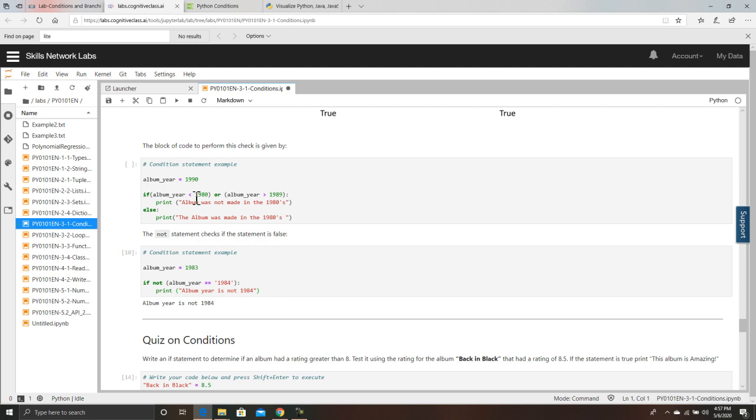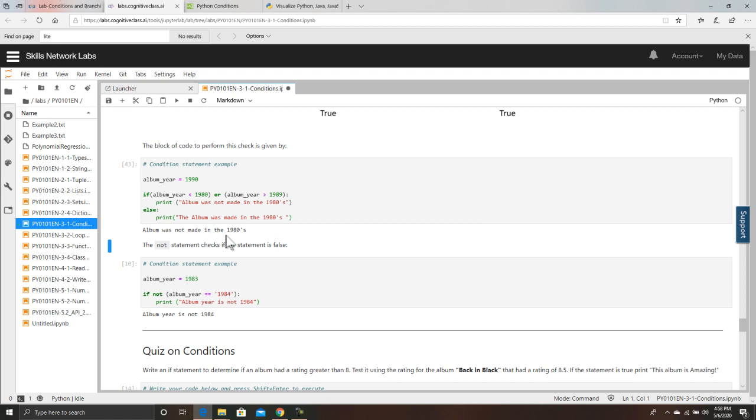If album year is less than 1980 or album year is greater than 1989, so this is greater than 1989 and we have the OR gate, so it will be true. Print album was made in 1980s, else print album was not made in 1980s.